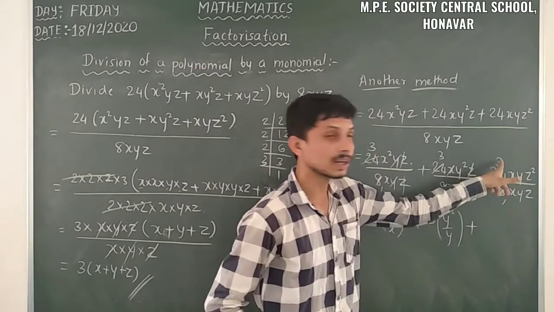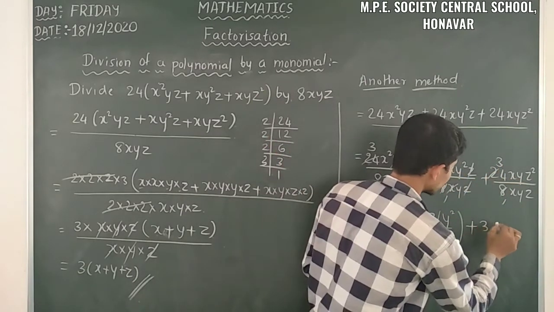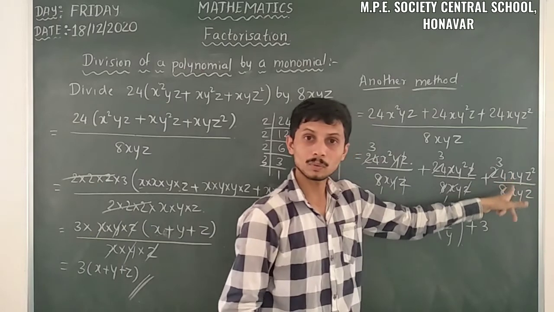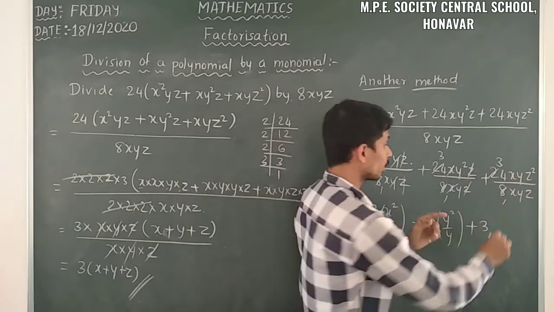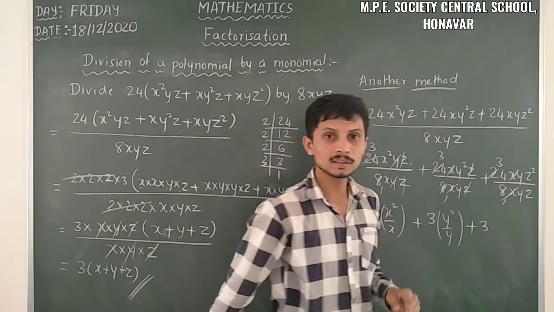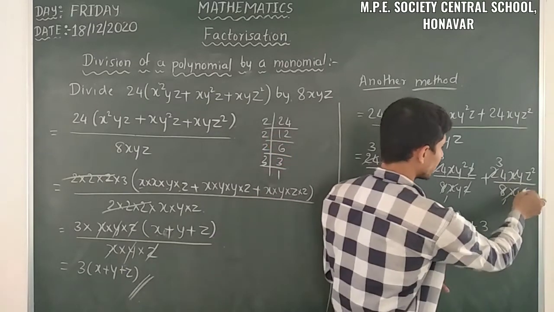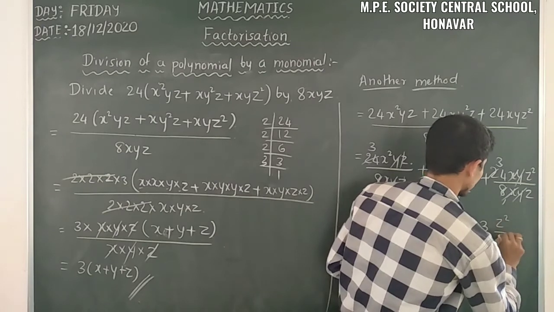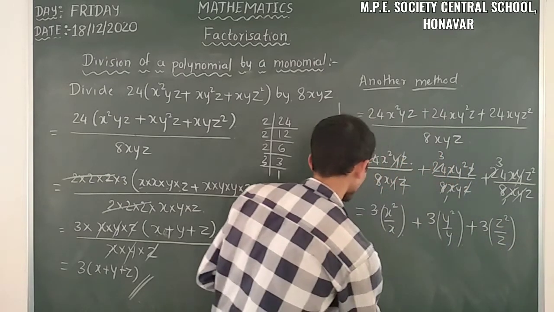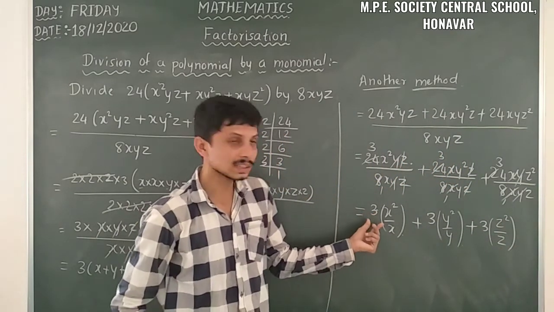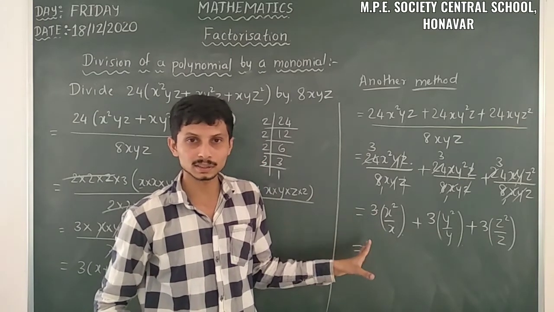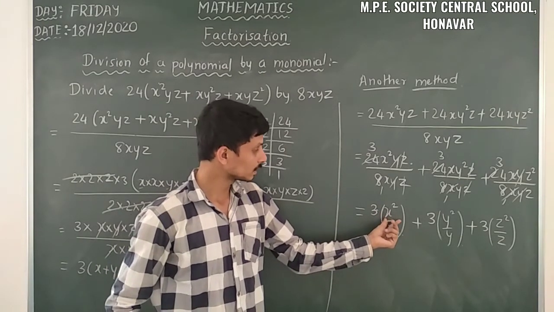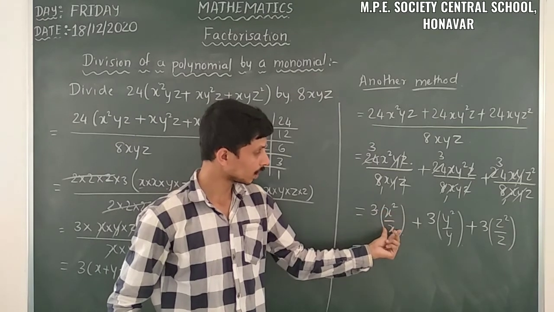Then plus 8 into 1, 8 into 3, the 3 remains as it is. Then x and x, only one term is there in the numerator as well as the denominator, all are multiplied. So we can cancel, and y can cancel, and here we have z square by z. Is equal to, here just observe 3 is common. In all the cases 3 is common.